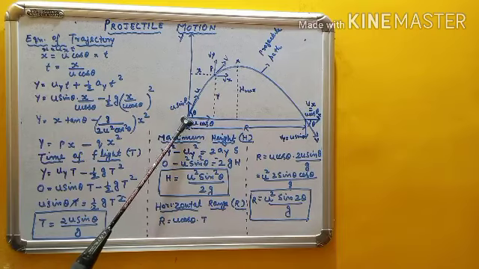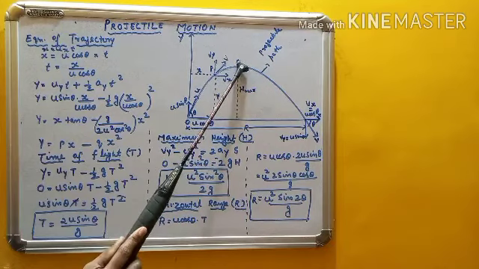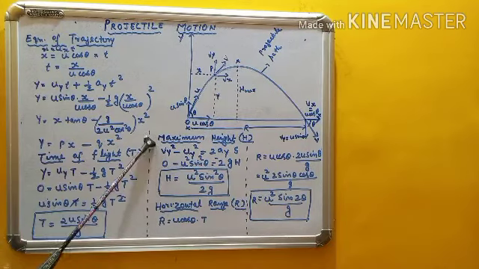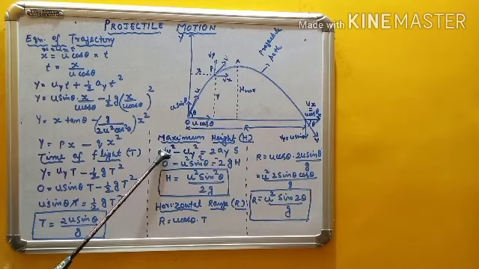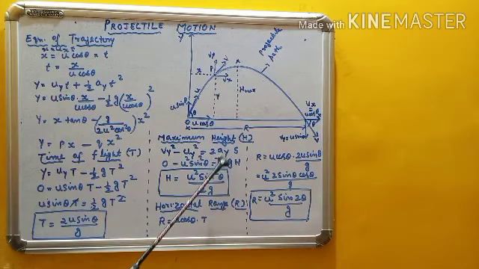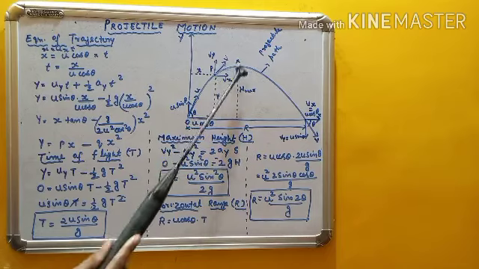From the initial vertical velocity u sin theta, the vertical component will decrease. At the highest point, it becomes 0. That is why I have substituted 0 for Vy, and uy is the initial vertical velocity, that is u sin theta. So u square sin square theta equal to 2 ay into h, where the acceleration is minus g and h is the maximum height. The minus sign gets cancelled, so h is equal to u square sin square theta divided by 2g. This is the expression for the maximum height attained by the projectile.